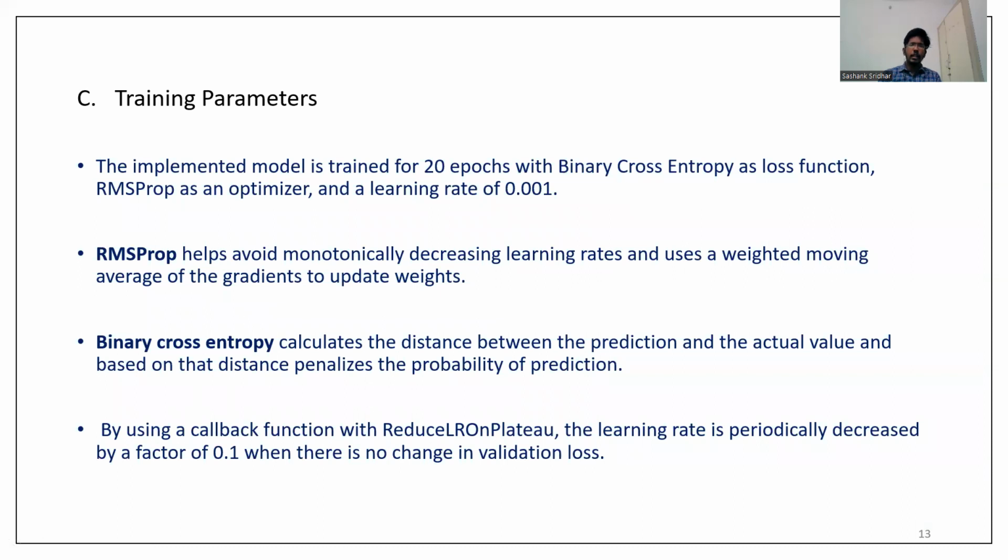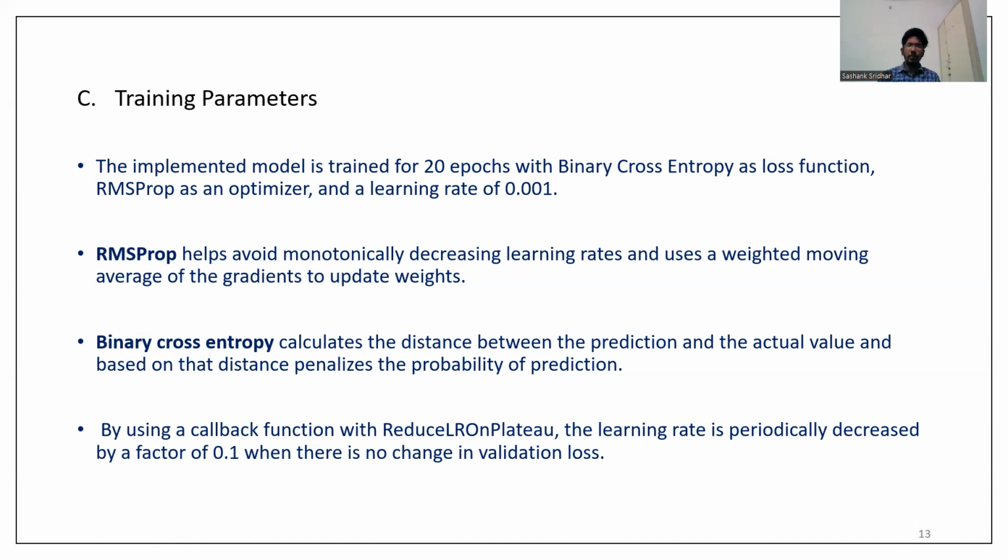Training parameters: the implemented model is trained for 20 epochs with binary cross entropy as the loss function, RMSprop as optimizer, and a learning rate of 0.001. RMSprop helps avoid monotonically decreasing learning rates and uses a weighted moving average of gradients to update the weights. Binary cross entropy calculates the distance between the prediction and the actual value, and based on that distance, penalizes the